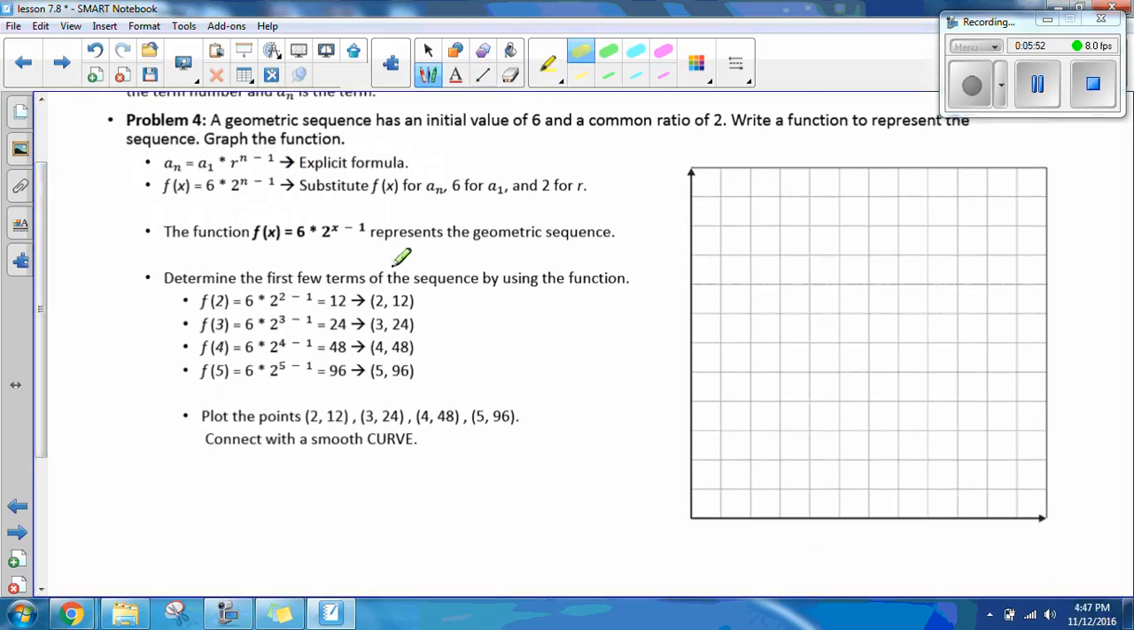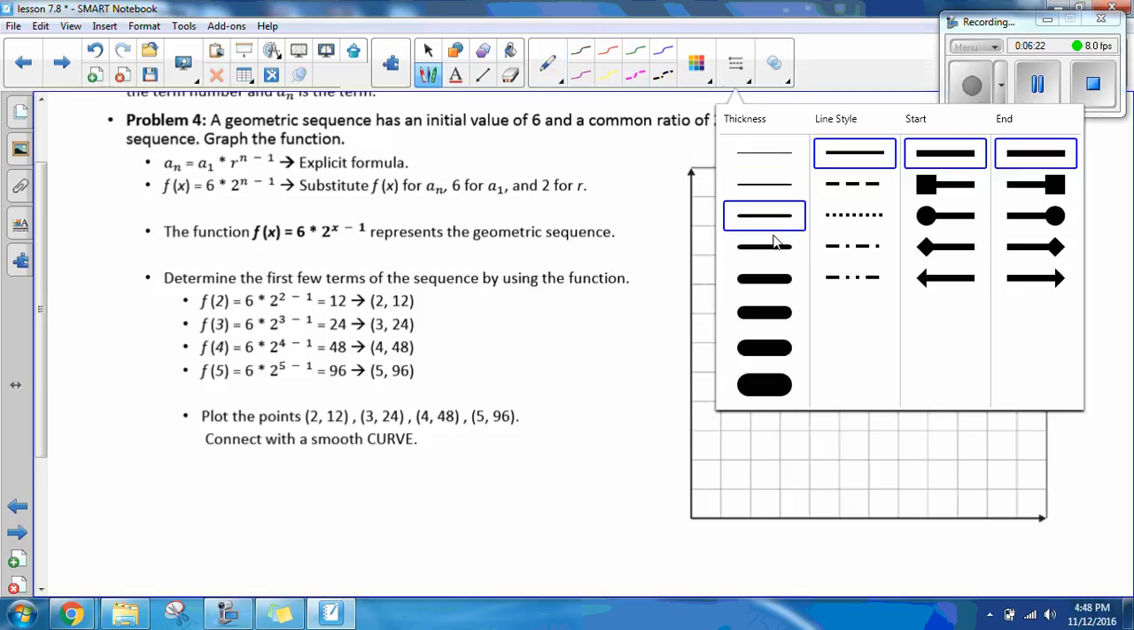So we need to figure out the first few terms. So when x is equal to 2, our output is going to be 12. So that's going to be our second term, which has a value of 12. When x is equal to 3, our third term is going to be 24. Fourth term will be 48, and fifth term will be 96. So we're going to plot these points,